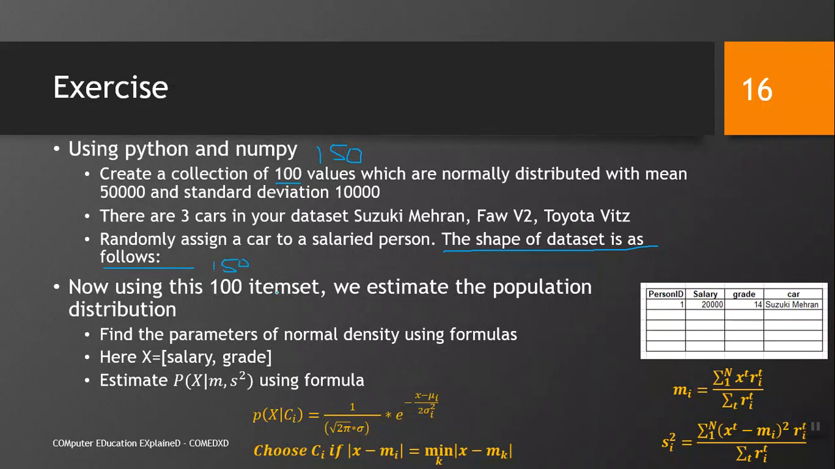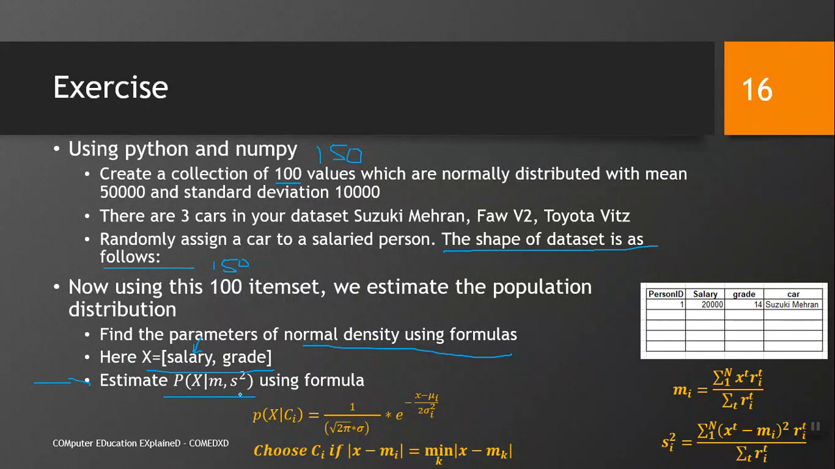We estimate the population distribution, right. Because it is normally distributed, you will apply the formulas given in the previous slides and find the parameters of the normal density using formulas. Here x is given as follows: first you will use x as a single featured value, and then you will use x as a double featured value, as we have given over here. You will estimate this probability of x given m and s square, right. We are going to find the likelihood,